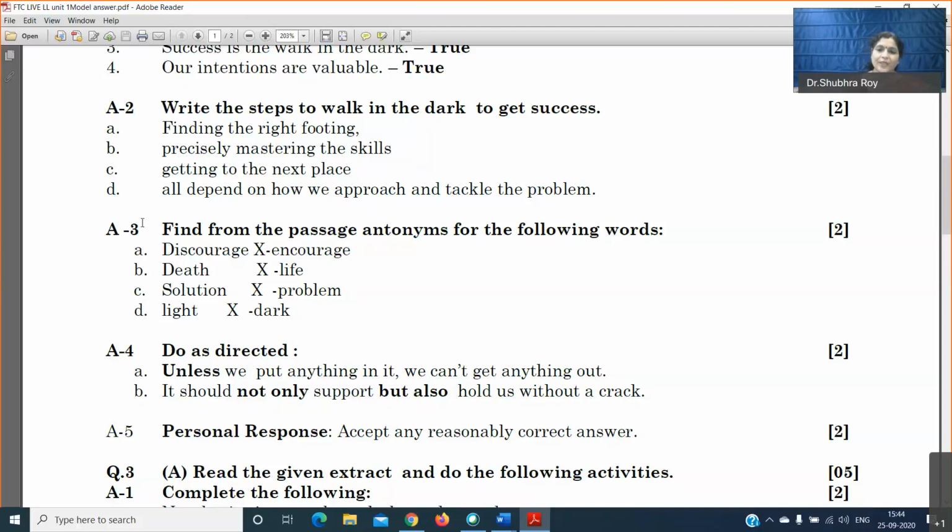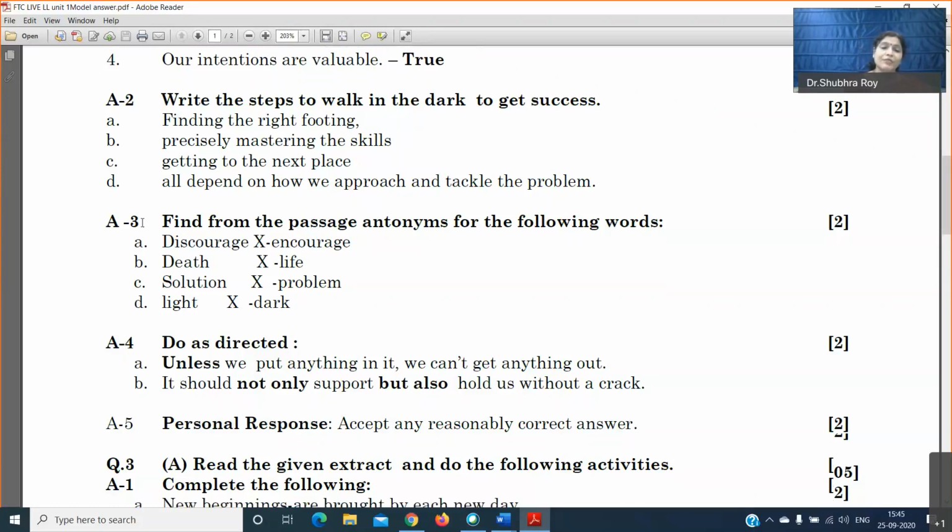Question number 3. Now here you can get a score of 2 out of 2 if all the points are correct. If you want your personal response to get 2 out of 2, you have to give proper reasons in a proper sentence. Sometimes I find that reasons are given like this, just yes or no. So you have to give it in a proper sentence, in a proper format, and then go for the reason. Okay. So here, any reasonably correct answer will be accepted. If your answer is written in 30 to 40 words, it may get 2 marks out of 2 if there are no spelling errors and no grammatical errors in that particular answer.